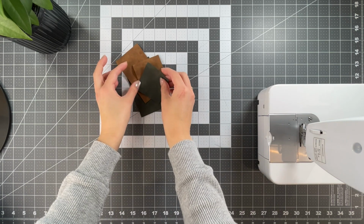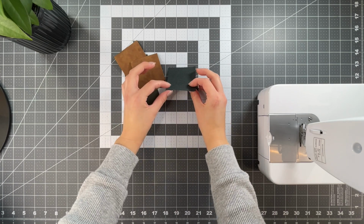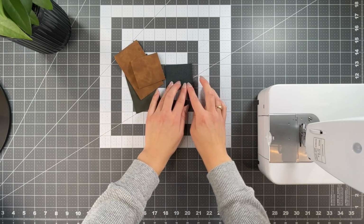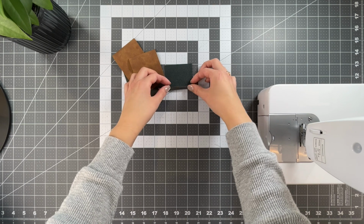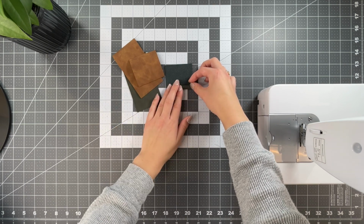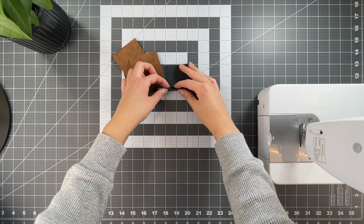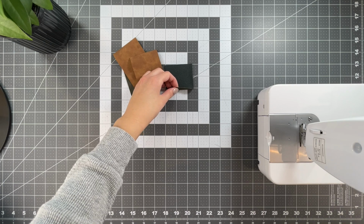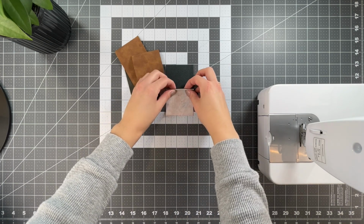The second is due to the types of materials I'm using. So the faux suede is a lot thicker, and I've personally found when sewn to things, the seam on the back doesn't like to get pressed down. It constantly tries to pop back up because it's a lot stronger. So when fusing the fusible fleece, sometimes it doesn't like to stick in that area and it kind of loosens or creates a bump here. So to prevent that, I fused individual layers of fusible fleece to each square so that it was sewn in